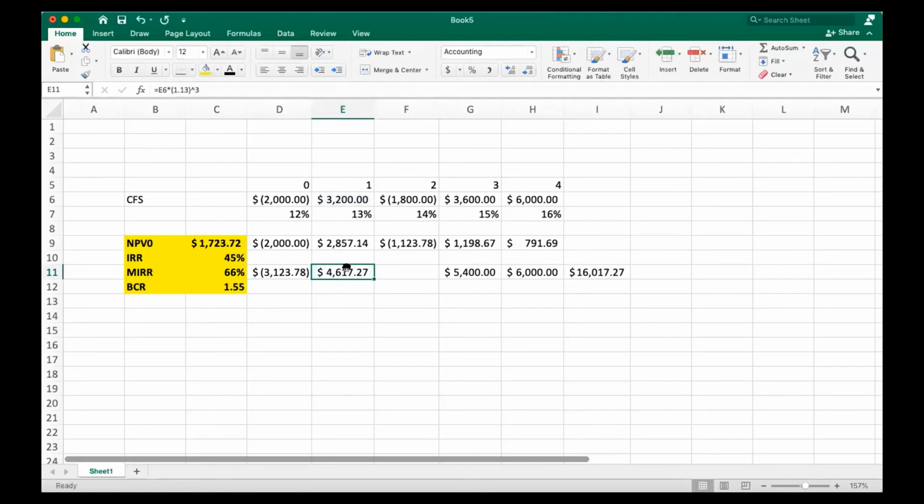This is your discounted value, yes? Or what? This is the compounded value. Here I didn't show how I discounted. I just took the sum of this negative one plus this negative because it was already discounted previously when I was calculating NPV. So the computation of the MIRR and NPV has some mistakes.